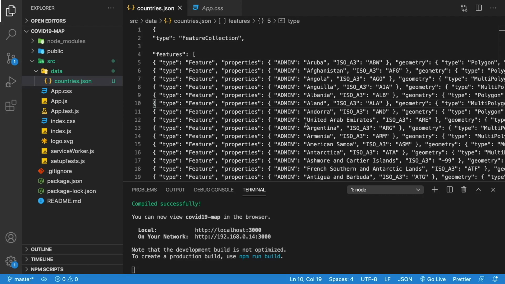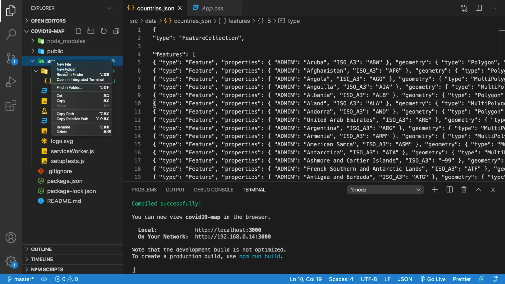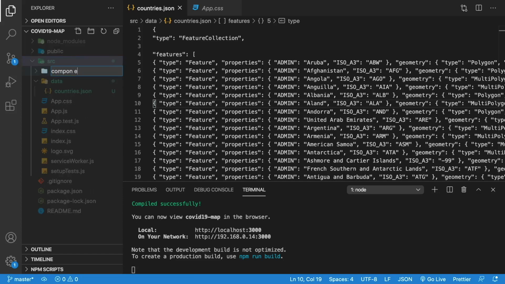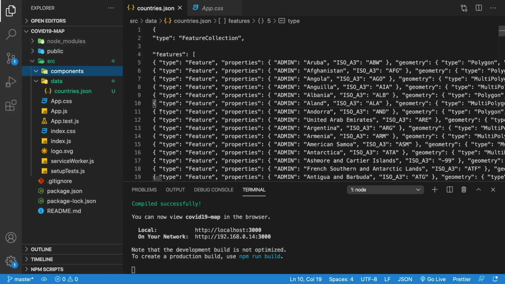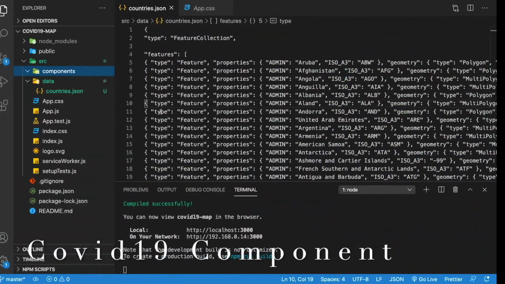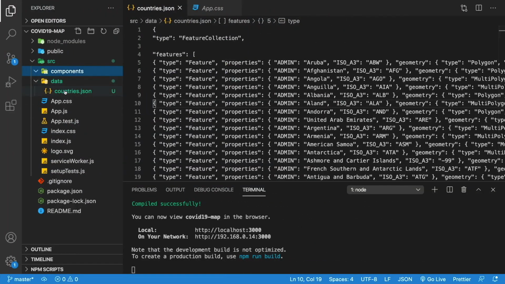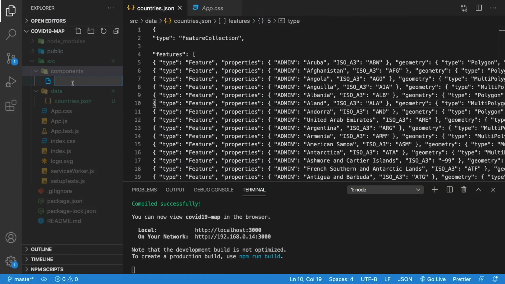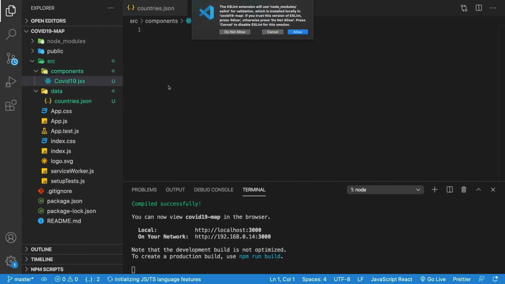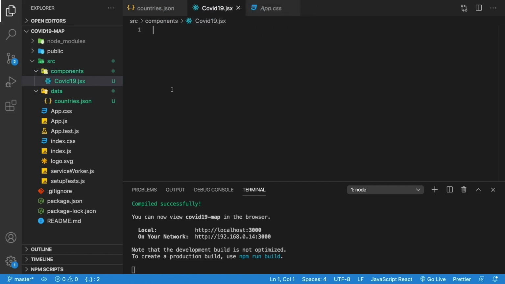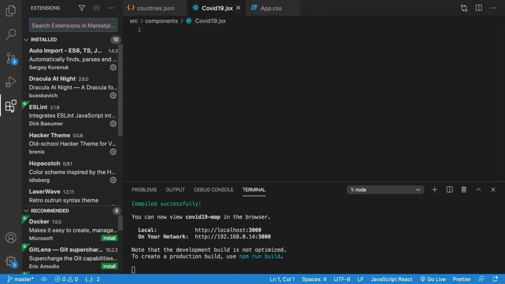With our GeoJSON file handy now, let's go ahead and create some components. In the src directory over here, go ahead and create a brand new folder. Call that folder components. Inside components, we're going to add that first component that we talked about earlier, which is called COVID-19. So over here in components, add a new file, covid19.jsx. And what we're going to do here is I am going to be using some snippets to write the